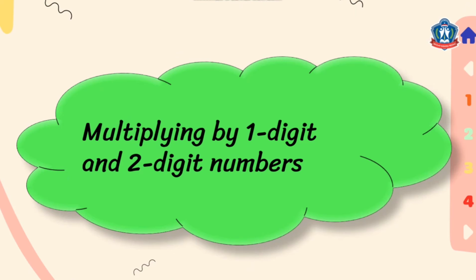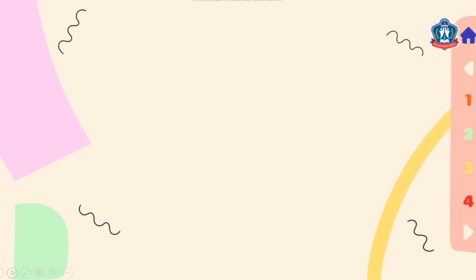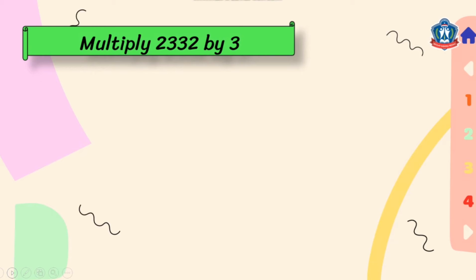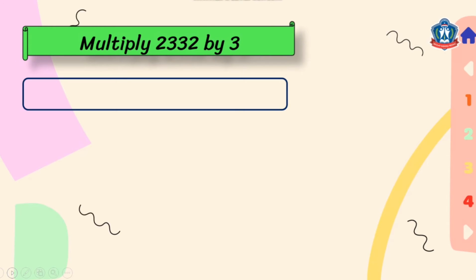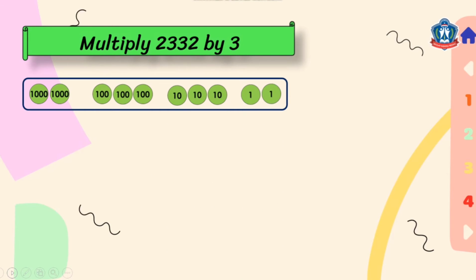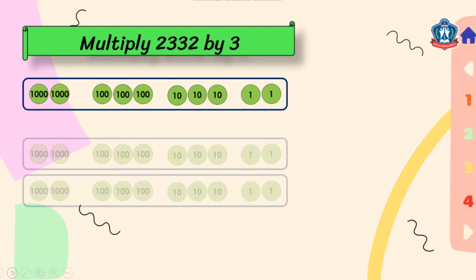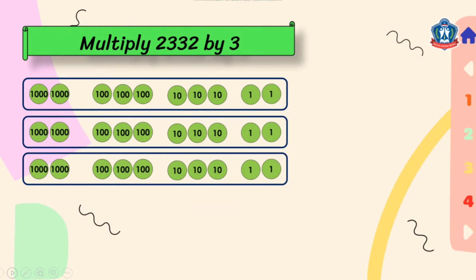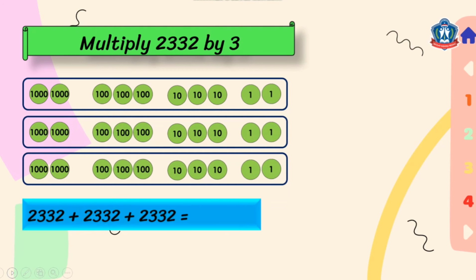Now let's study about multiplying a number by 1-digit and 2-digit numbers. For example, let's multiply 2,332 by 3. This kind of multiplication, children, is just the same as adding this number 3 times. So we have 3 sets of these numbers. So if we will add these 3 numbers,